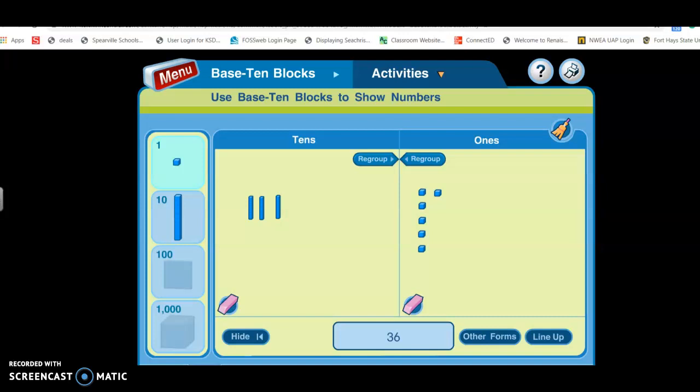Xander? 36. What blocks are shown? What are those blocks called? These are called what? And these are called? One block. Yes, tens and ones. 3 tens and 6 ones. Okay, what if I did